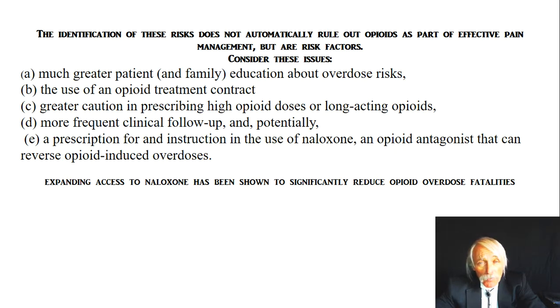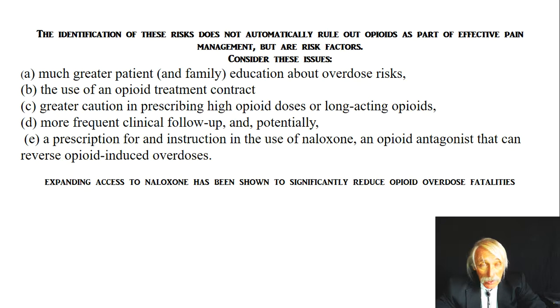There's also a greater caution for prescribing high opioid doses in general, or anything that's a long-acting opioid. Maybe we can start pulling back those kinds of things. Low doses, that is, low compounding levels of the opioids, and less in each prescription. Okay, and getting rid of the longer-acting opioids, which can, of course, confound the receptors and lead ultimately also to overdose. We also may need more frequent clinical follow-up and potentially a prescription for an instruction in